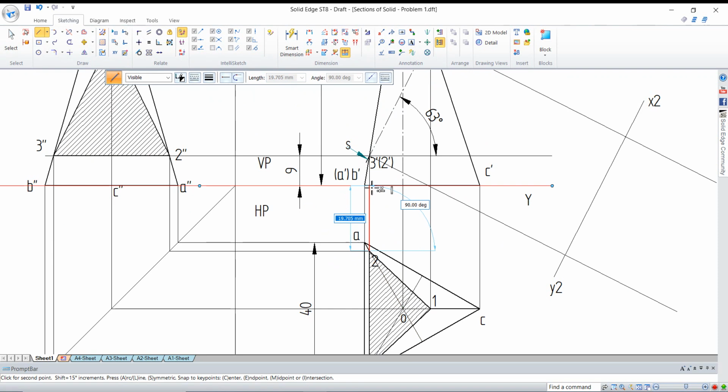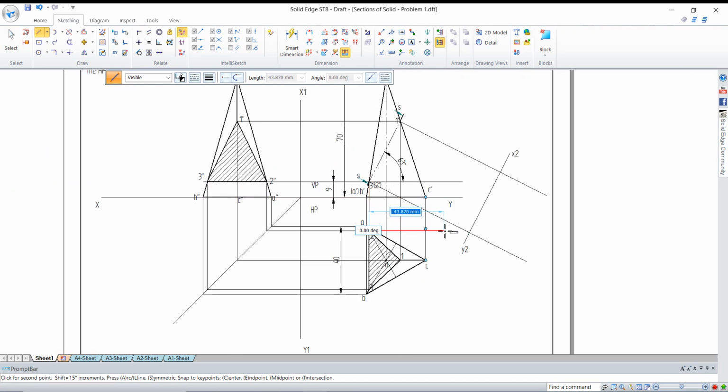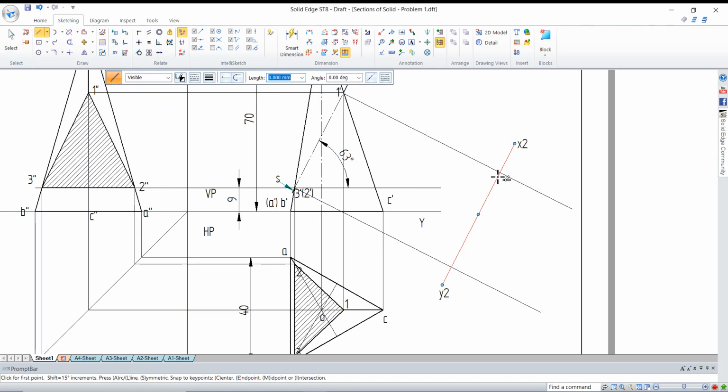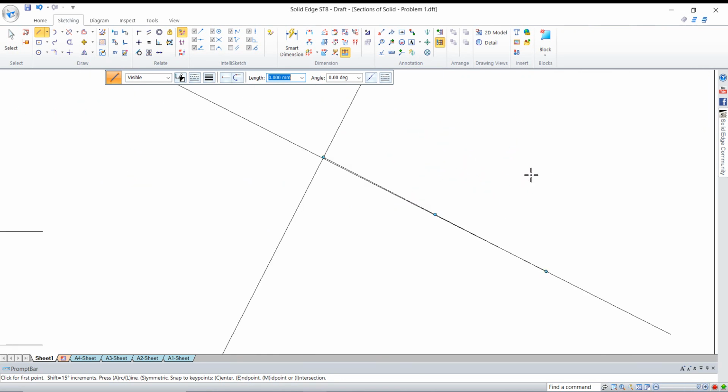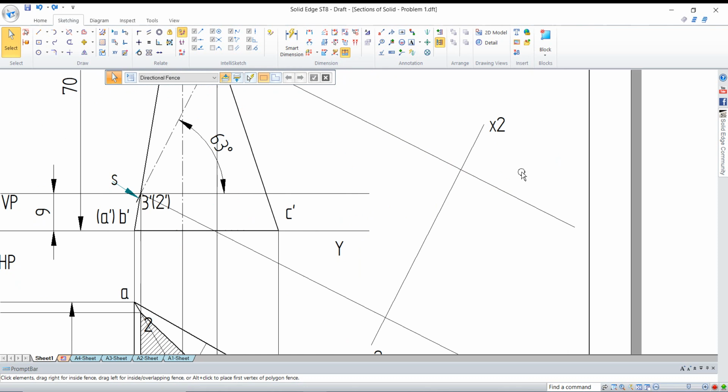See, now I just click a line for my rough identification. I'll click on point number 2 and click on the xy line. So it gives 19.705 mm. So that is line number 2. From the xy line, I'll draw 19.742.